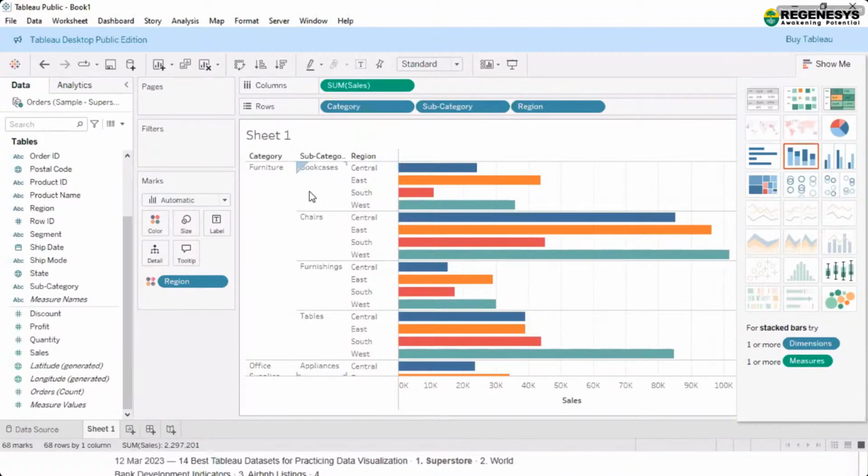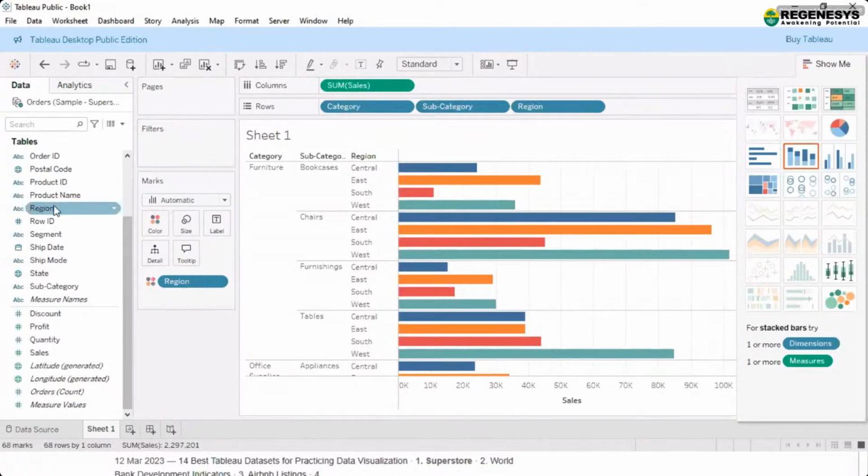Okay. Now, to apply the filter, we have a dialog box which contains all the types of filters, the dimension filters also, the measure filters also, everything you can apply from there. So the only thing we have to do is, on whatever field we have to apply the filter, we drag it and put it in this pane. When you do that, we immediately get a dialog box which will allow us to set the filter.